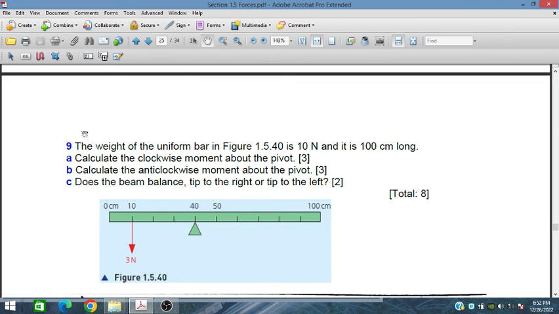In question number 9, we will discuss in the